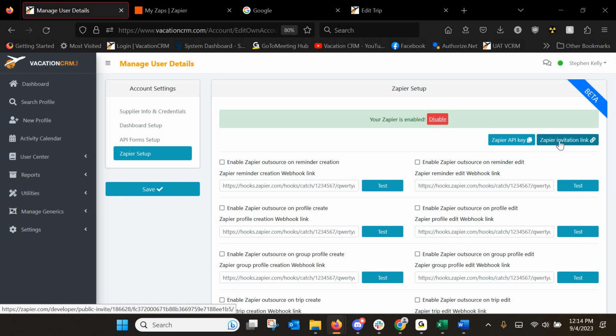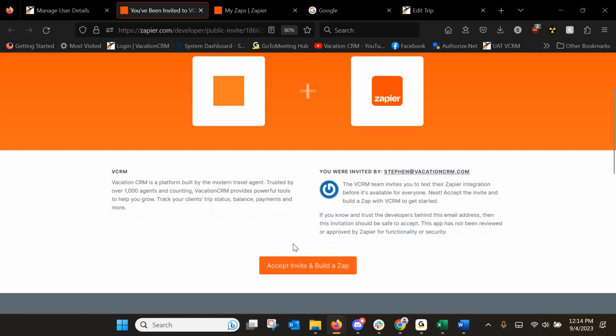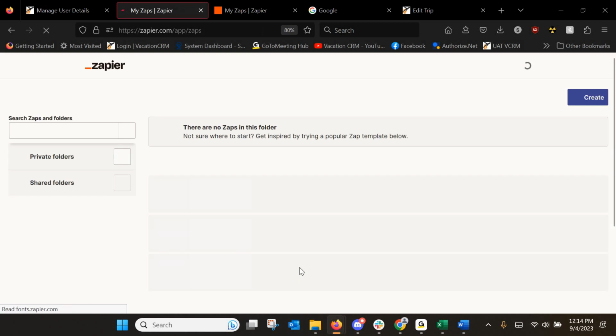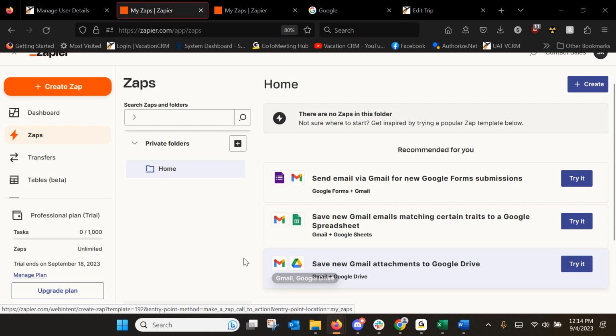The first thing you need to do is send yourself an invitation link. We'll click this. If you are not already logged into your Zapier account, you'll need to log in, but then you'll see this screen here, and we will accept the invite and build a Zap. Okay, now that we're logged in, we're just going to click create a Zap, and you can see it gives you some examples of things you may want to do. So we're just going to click create Zap,